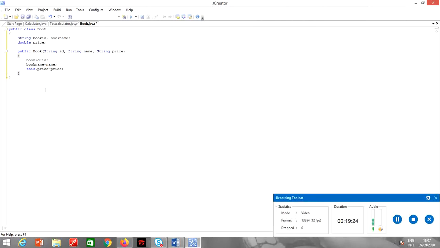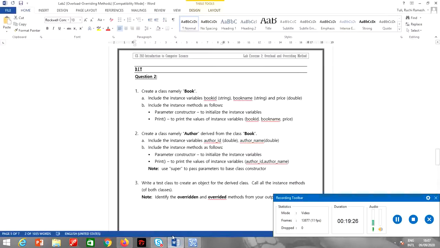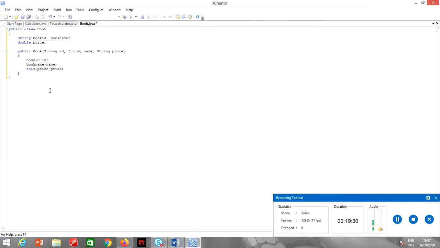Alright, now what do we have now? We have a print method to print the data of the instance variables. So what we have is public void print.